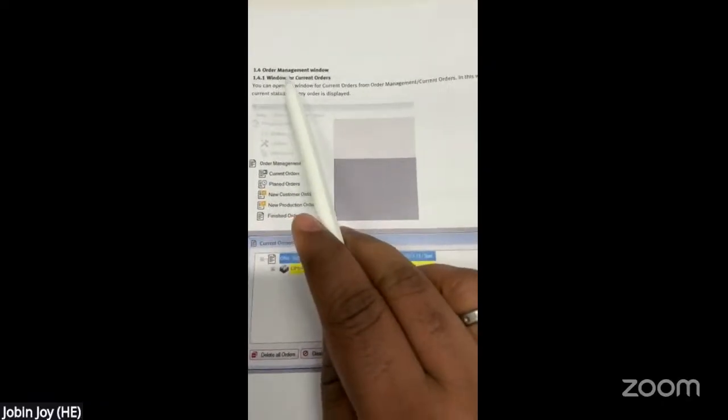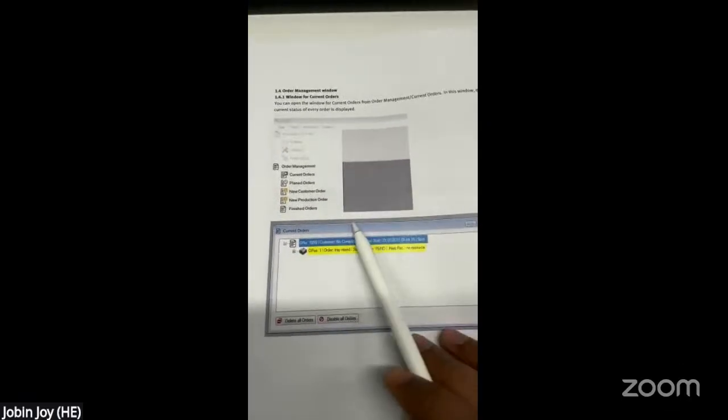Next is the order management window. So in MES4, how we can create a production order, how we can check the production order, how we can change it, how we can see the relevant information. So order management means